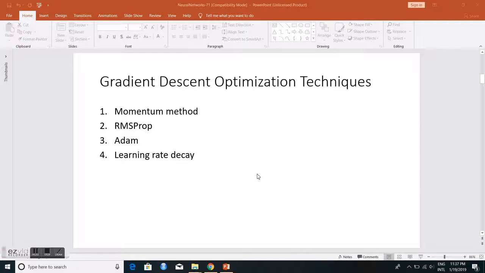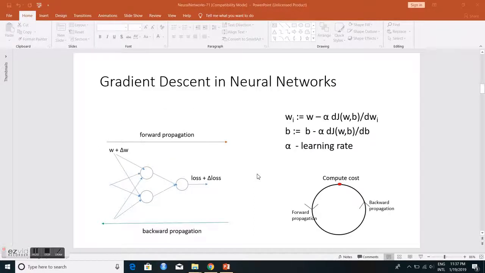In this presentation, I'll be discussing gradient descent optimization techniques. Particularly, I'll be discussing the momentum method, RMS prop, ADAM, and learning rate decay. Before we get into these techniques, I would like to quickly go over how gradient descent works